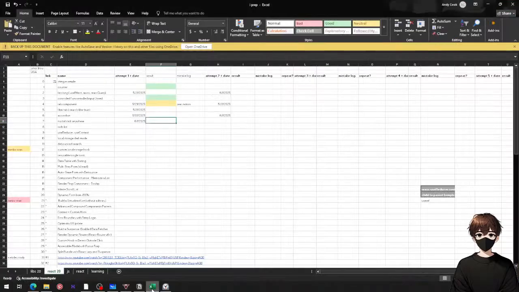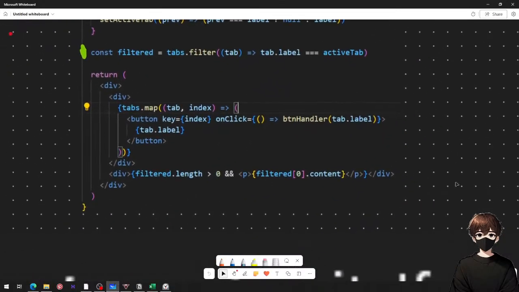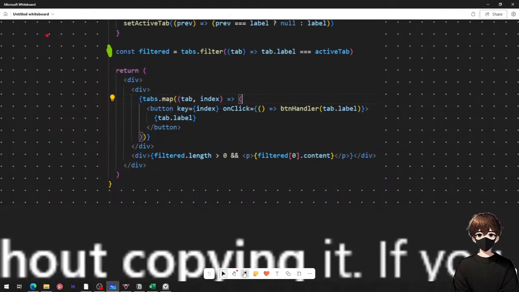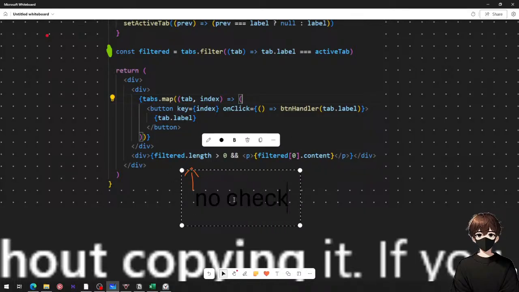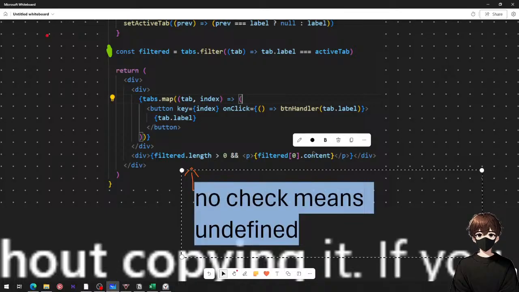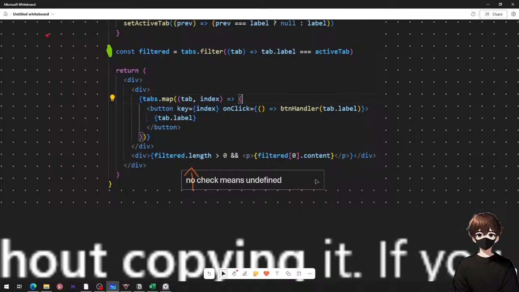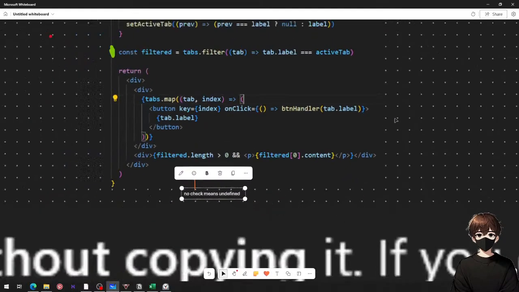It said that if I don't do a length check, no check means undefined. That's basically what it says. No check means undefined. Okay, let's do it like this. No check is undefined. No check means undefined. Okay, the second thing is that